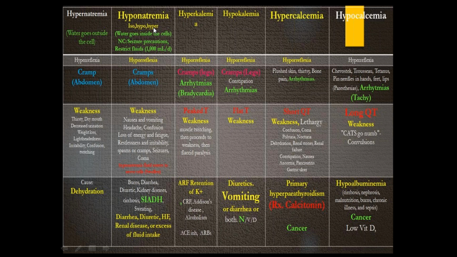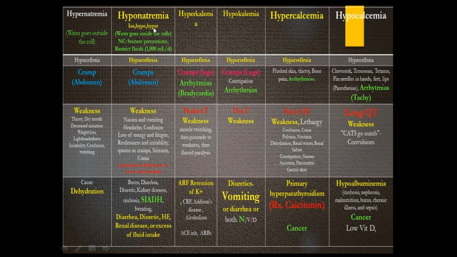In hypokalemia, again, diuretics come in here. So, for example, the loop diuretics and the thiazides are going to lose sodium and potassium. And that is going to be the most common cause of hypokalemia, diuretics, okay? So we have hyponatremia and hypokalemia. One of the most common causes is the use of diuretics. And hypernatremia is excessive sweating, and hyperkalemia is going to happen when you have kidney failure.